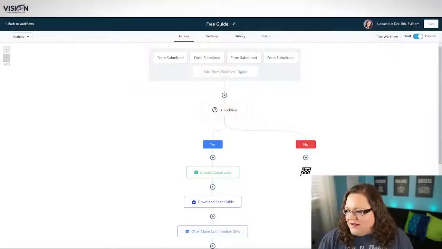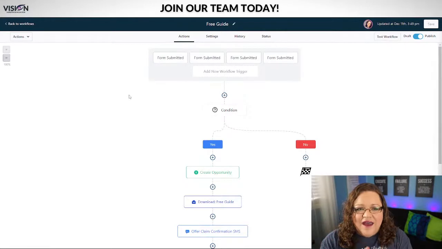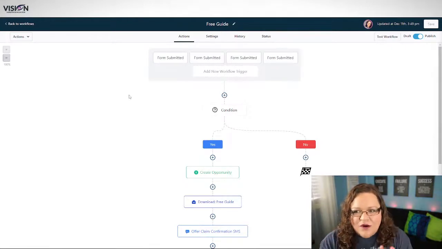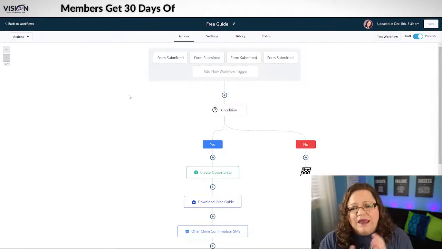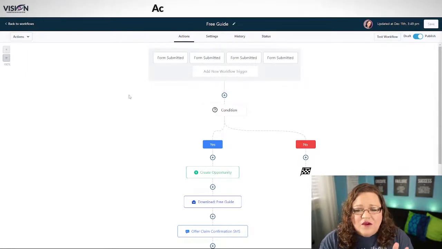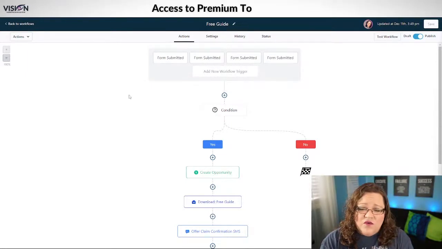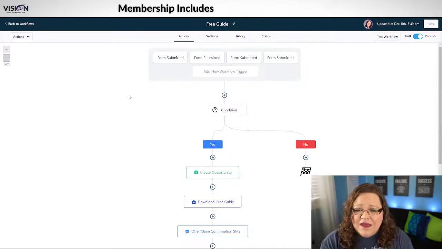So let me go ahead and share my screen. Let's just dive in to today's training. Okay, so this is actually my free guide workflow. This is my active workflow that I use, and honestly, I get about 10 to 20 appointments booked for discovery calls a week. So that has been really successful for me,